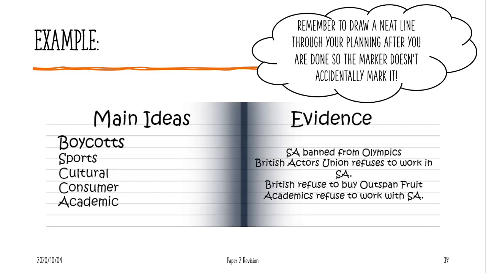When we get to the marking center, sometimes kids write a rough copy, but then they don't draw a line through, and then we end up marking the rough copy. And then it's a bit of an awkward situation, because now the rough copy is obviously not perfect. It's not done according to the PEEL system. It's just